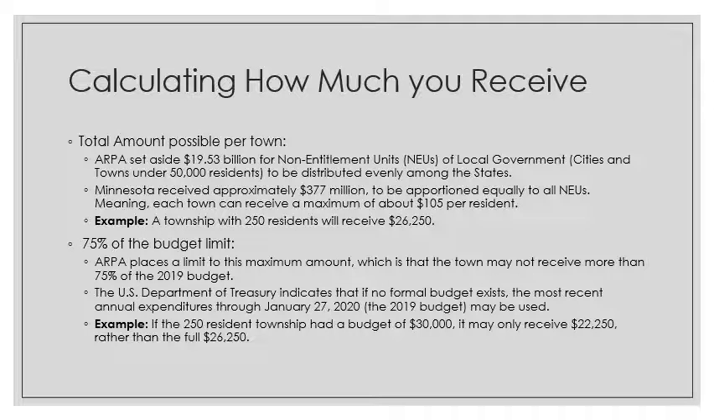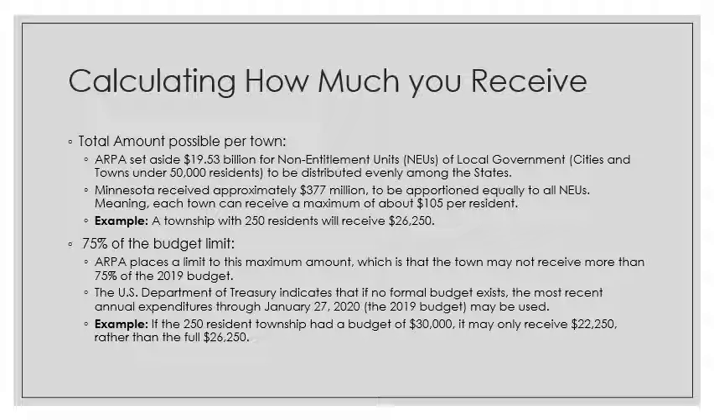For example, if a town wants to calculate how much it can receive in total, a township with 250 residents can receive $26,250. There is also a stipulation within the American Rescue Plan Act that this amount can't be more than 75%